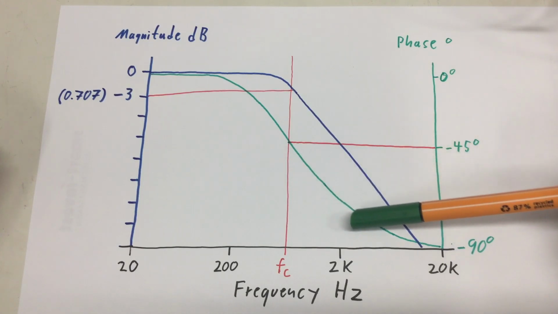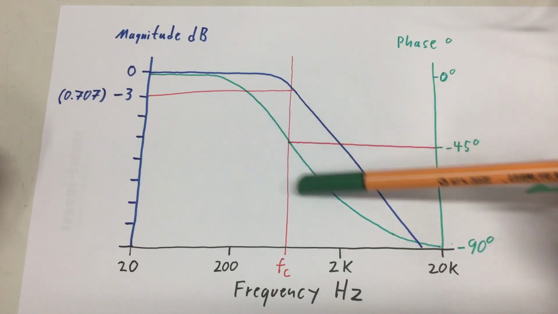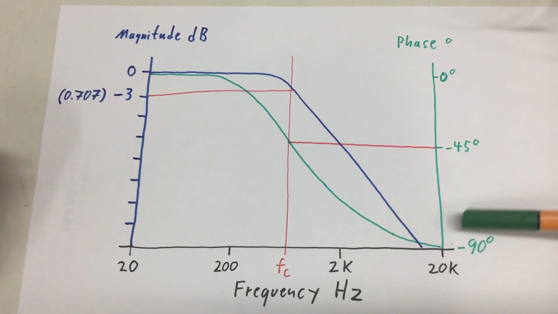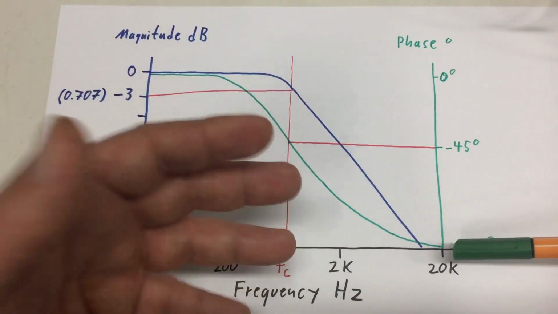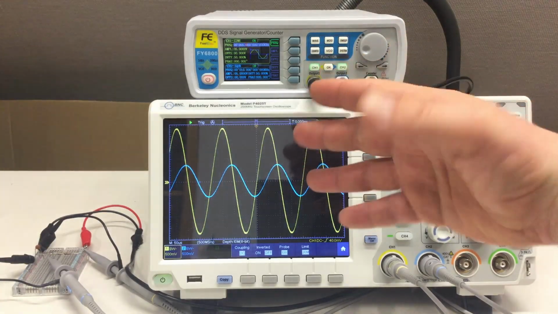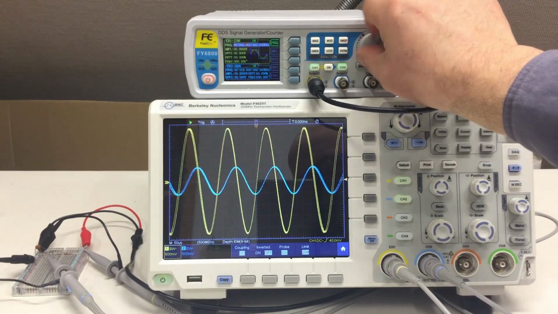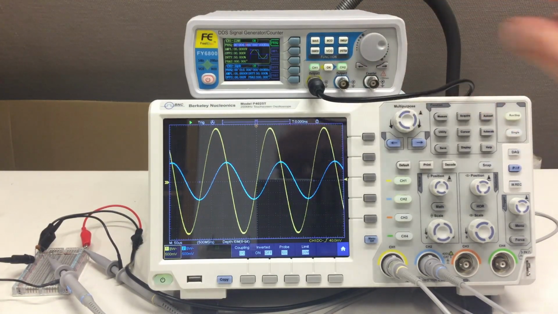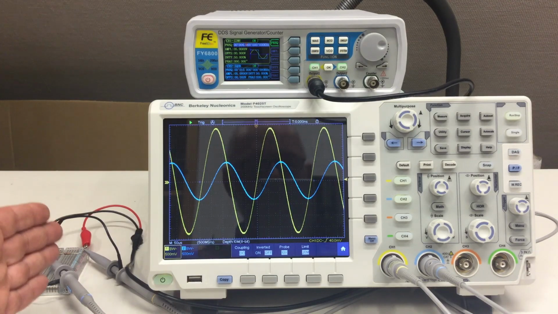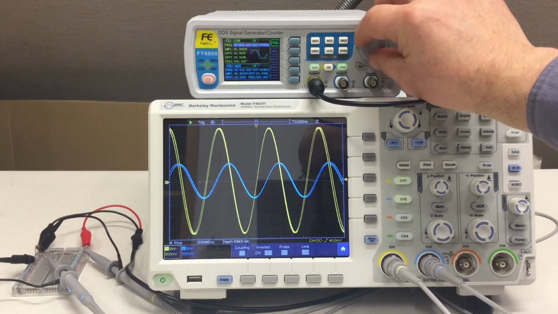And then it continues to increase until we reach, ideally, minus 90 degrees. And because sweeping through the frequency manually is a little bit